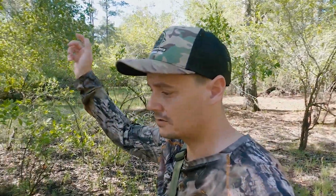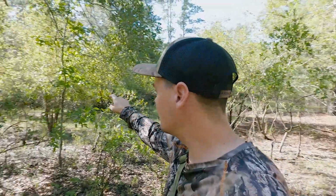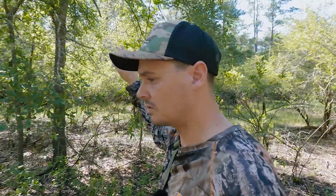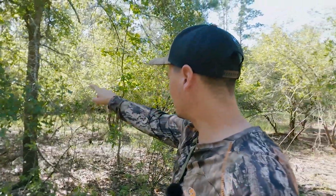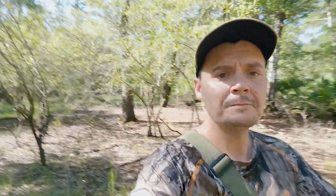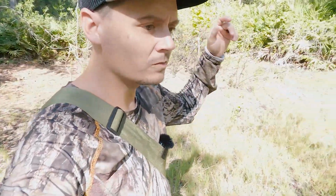Alright, I made it out here to the first spot that I wanted to check. There's a historical trail that runs through there. And this is why I found it before, but they run along the edge of those palmettos over there. But what I found out here, which is going to be very beneficial, not right now, the closer it gets to season, the better this place is going to be. And I wanted to show you a few things that's going to turn this place into an awesome spot. This big oak right there,